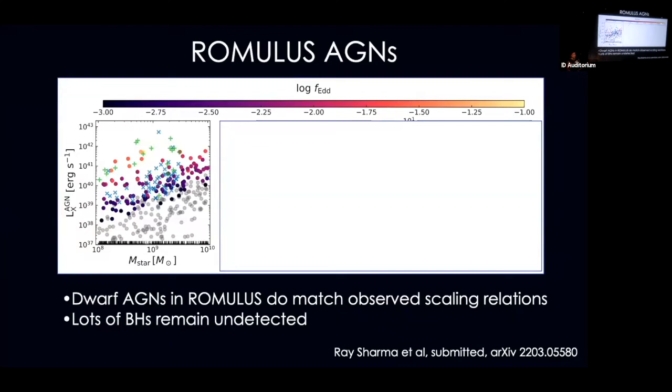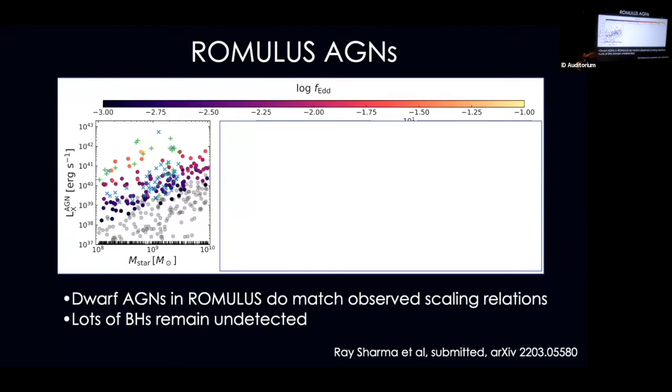And then there are some observations that are in a legend that I've covered up, but these are at higher redshift and these are at lower redshift. And so you can see that they match the observations pretty well, but there's also a bunch of gray points which are not colored. And those are actually black holes which are undetected in Romulus. And by undetected, what do we mean? They have an X-ray luminosity. So what does that mean? Well, it means that they're undetected in that they are